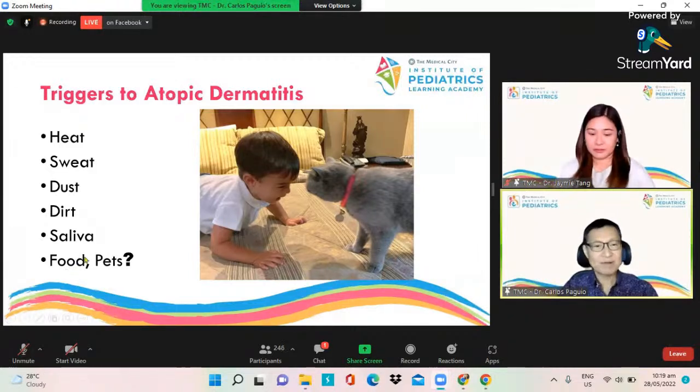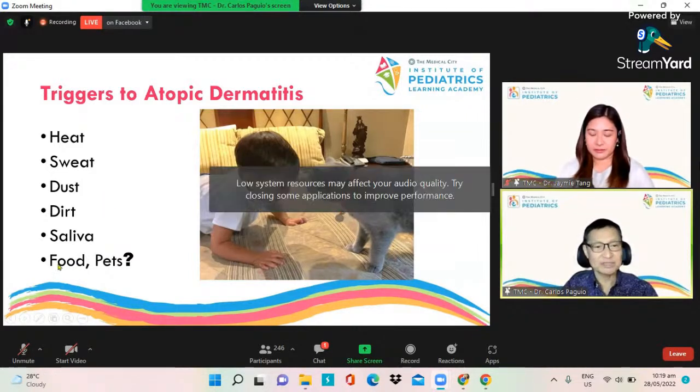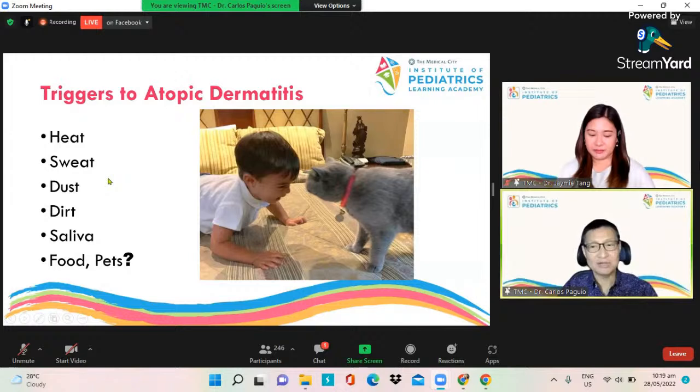Rarely. Actually, in my practice of over 30 years, I can almost count how many children have developed food allergy early on. Diba? And pets, okay, surely cats are more notorious than dogs. Kaya swerte ako nakuha ko ng picture to. Certainly cats are more dangerous to producing atopy as compared to dogs po yan.